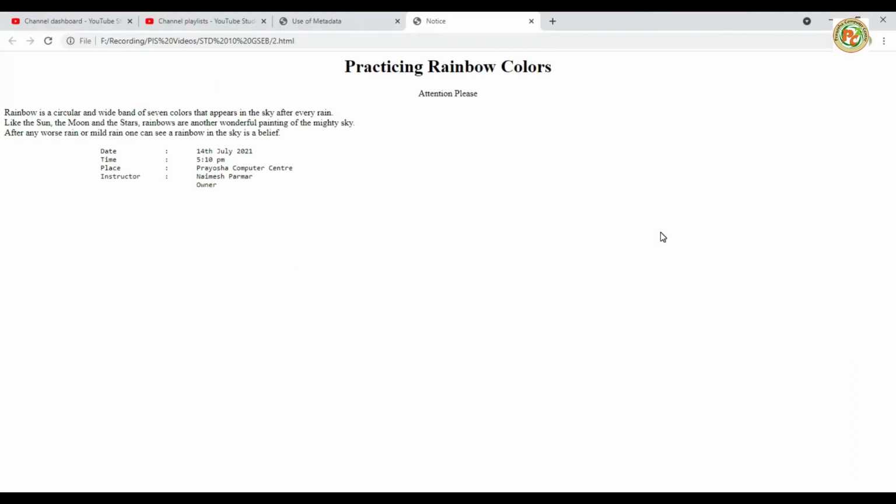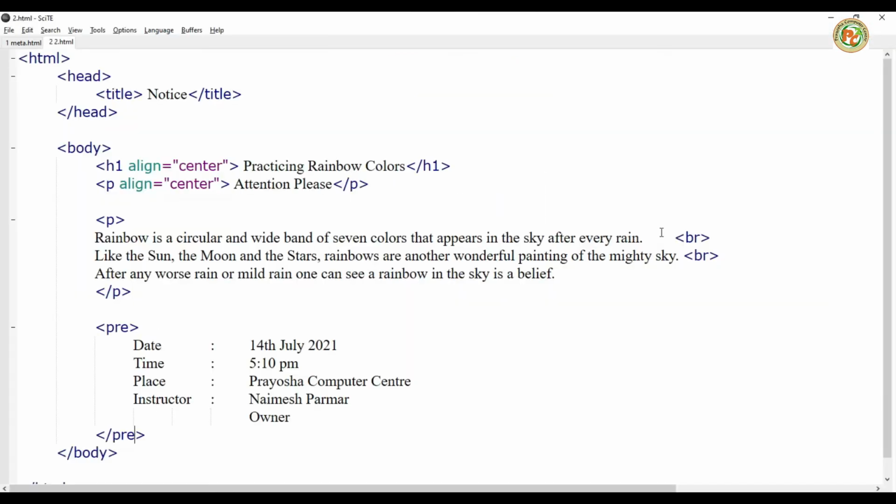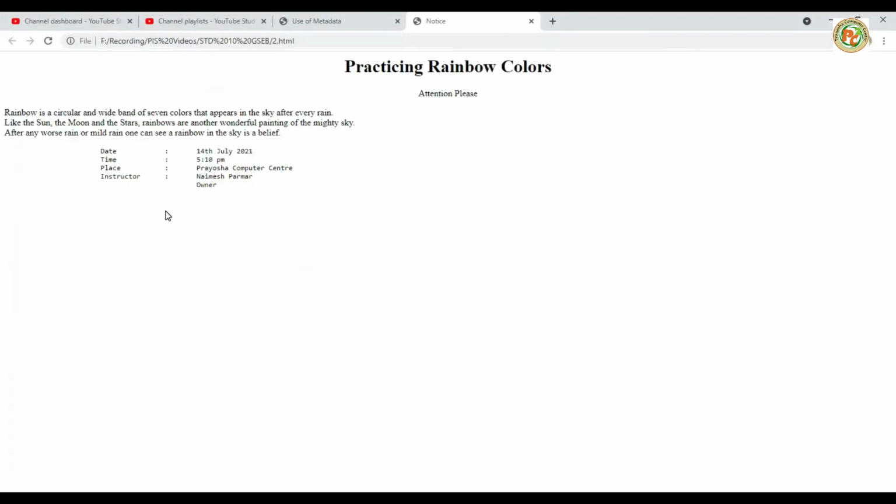See here, we have typed all the things, but we want to put everything inside the center. So what to do? We will use the center tag here. Okay, we will put center, start the center tag, and after this we'll close it with slash center, press Ctrl S and F5.